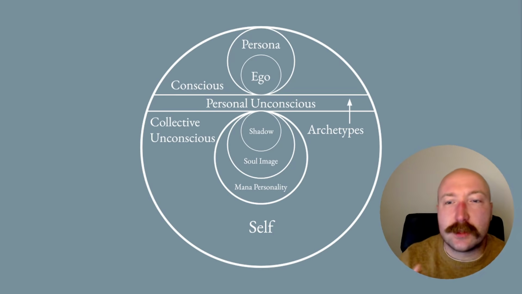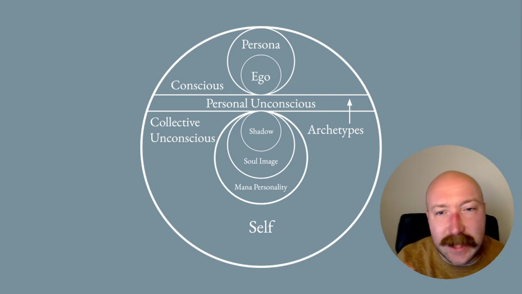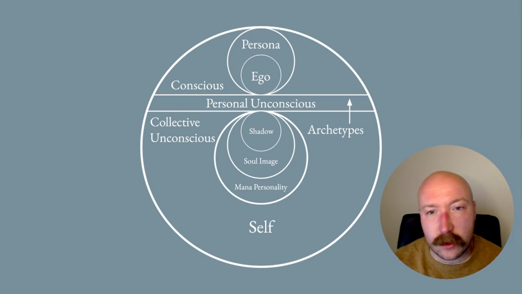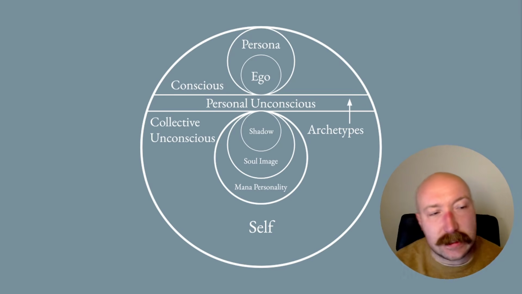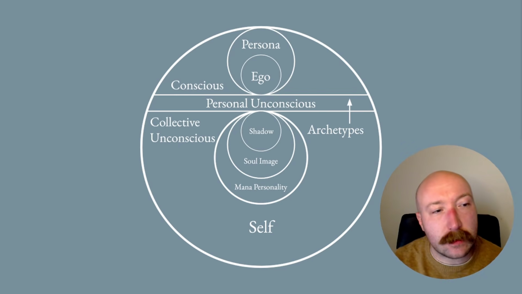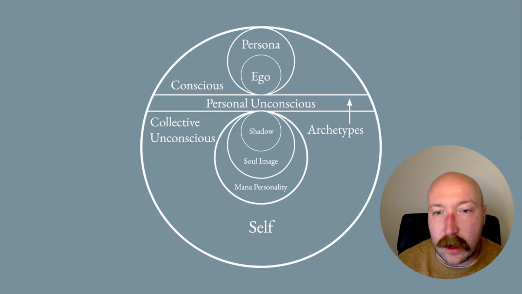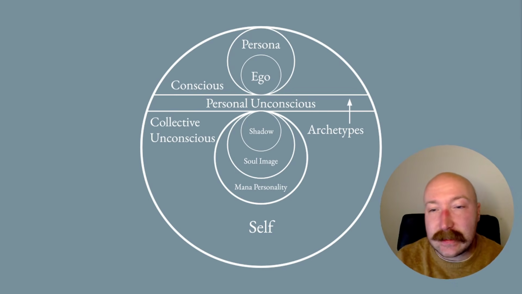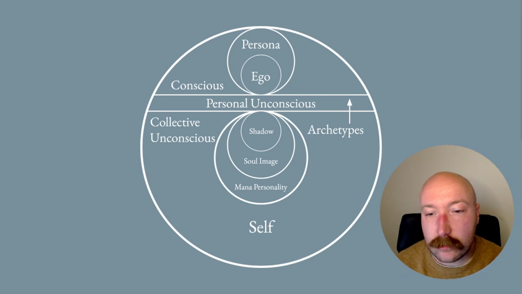The mother, the father, the child, the trickster, the wise old man, the hero's journey, which is a process. These aren't just literary themes or cultural constructs. They're deep structures inherent in the psyche itself, patterns that repeat across cultures and throughout history because they reflect something fundamental about human nature. Now, we'll explore archetypes in detail in session 6. For now, what's important to understand is that Jung sees the psyche as having layers: personal and collective, conscious and unconscious.